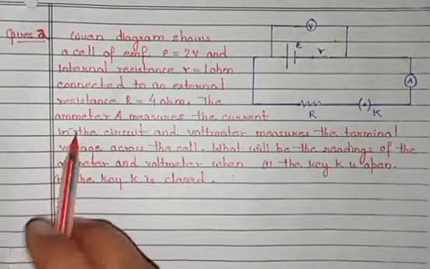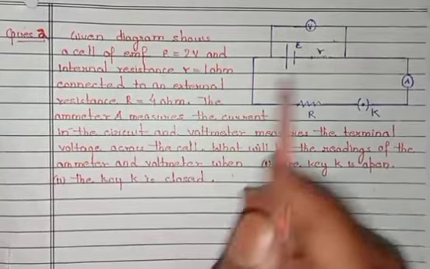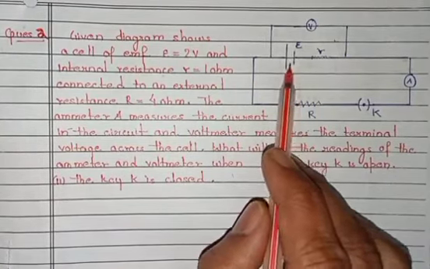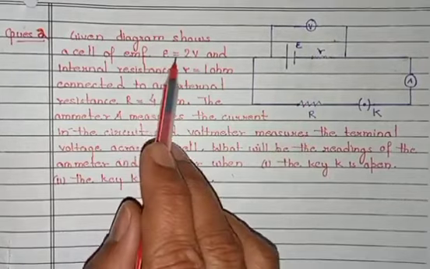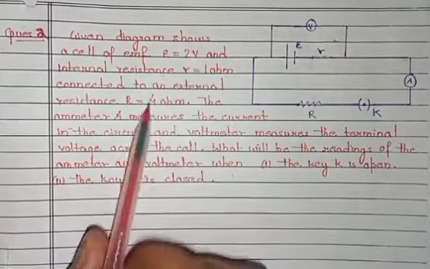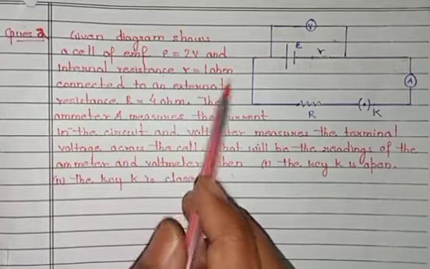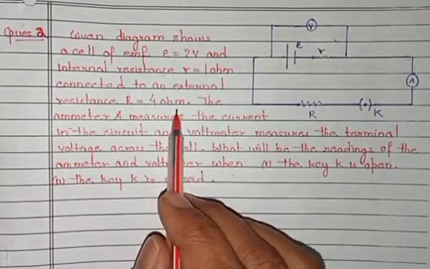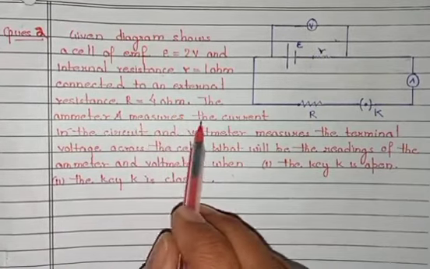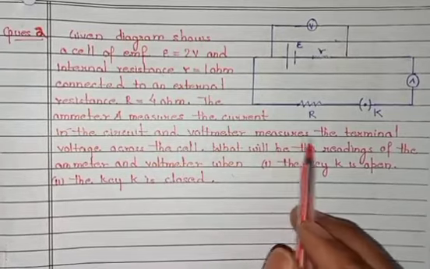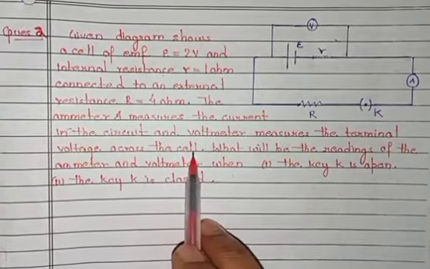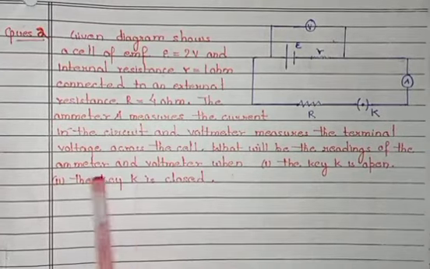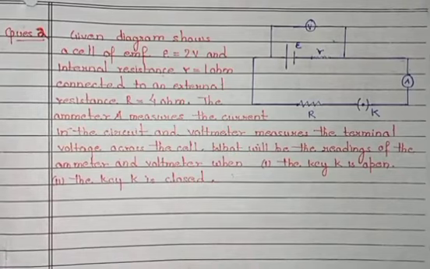Now in question number 2, they have shown you a diagram. In the diagram you can see there is a voltmeter across the terminals of the cell. EMF is given 2 volt, internal resistance is given 1 ohm, and the external resistance, this one, is given as 4 ohm. The ammeter here is measuring the current and the voltmeter is measuring the terminal voltage across the cell. Now the question is, what will be the reading of the ammeter and the voltmeter